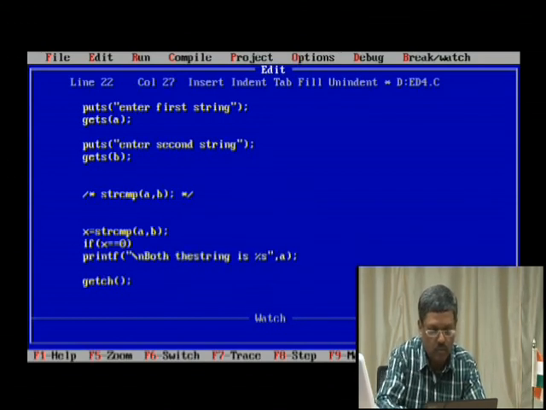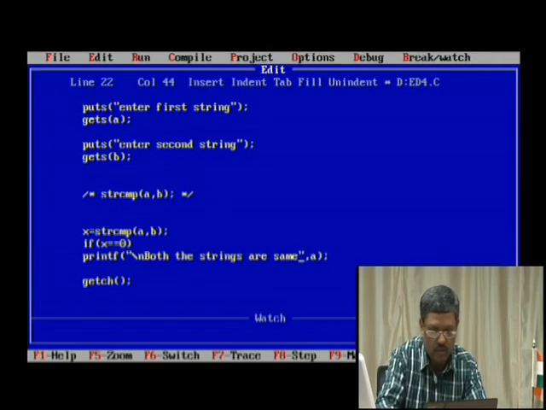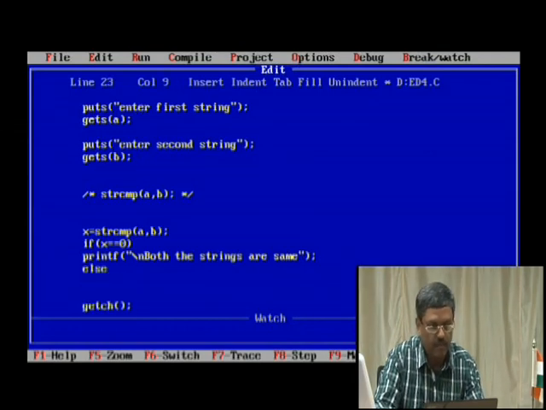Both the strings are same. I don't want anything else. I don't want these variables. Else they are not same. They are different.